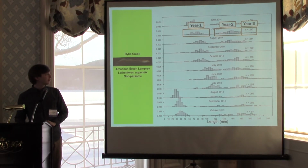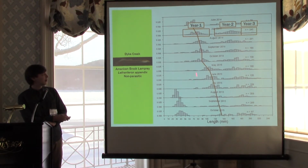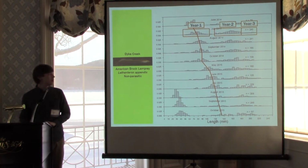Well, the advantage of having this relatively long-term piece of data and also continuous collection over these months is that we can follow these through time, right? So we can follow these peaks through time. So if this is in fact a year 2 peak, then that should appear immediately underneath this peak as it reaches year 2. So if we go back here, I'm just going to use it when it's very clear